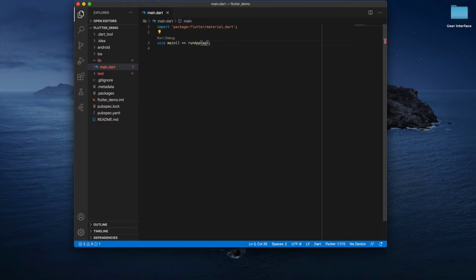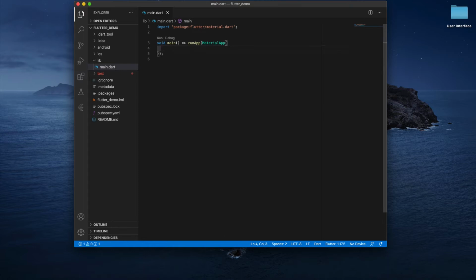I have deleted everything, so I can make my own widget. It will allow us to create a Google material design. So I'm just creating a material app here. You can see this MaterialApp. Why are we using MaterialApp? Because it will allow us to create material design features inside this application.